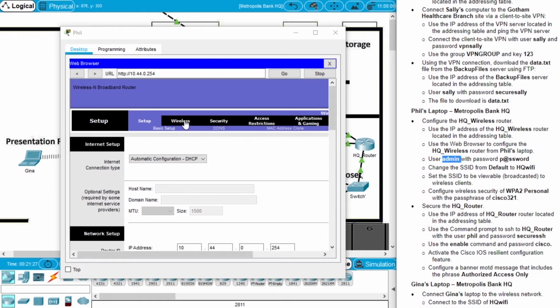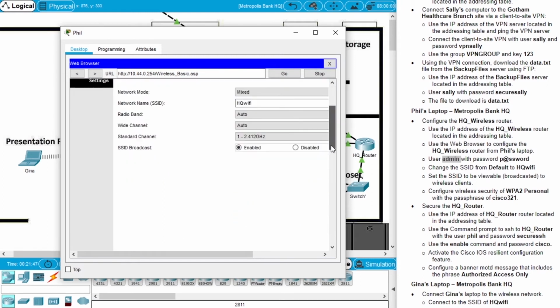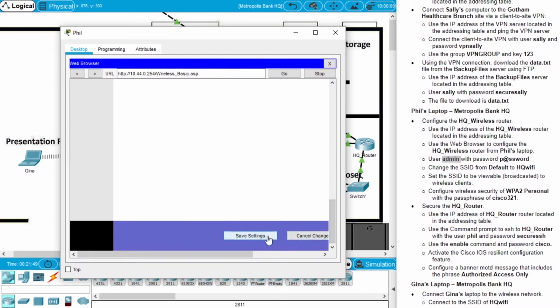Open the tab wireless, change the network name SSID from default to HQ Wi-Fi, and for the SSID broadcast choose enable, so it can start broadcasting the SSID. Now go to the bottom, press Save Settings,